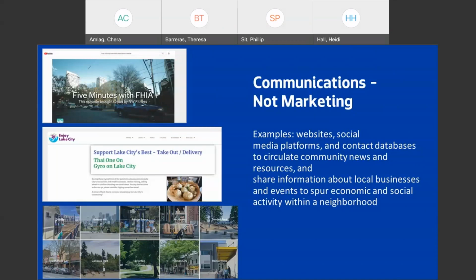One thing to note is that since these are federal funds, there are some restrictions about direct marketing or advertising. So think about your typical social media ad buys. That probably would not be the best project for these funds. But if you're working on a new website for your organization, you're trying to adapt your newsletter to be more digestible, maybe video webinars for your business stakeholders or merchants, those are all things under communications that could be eligible.